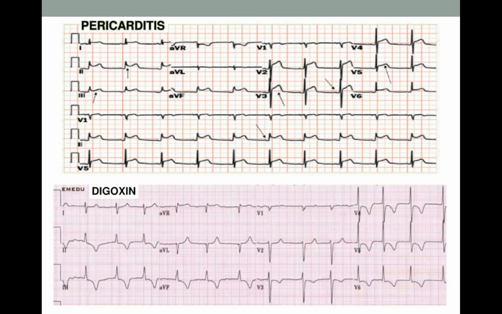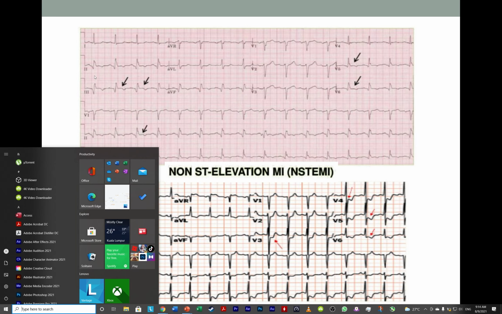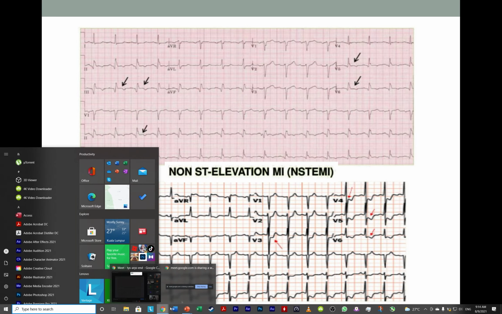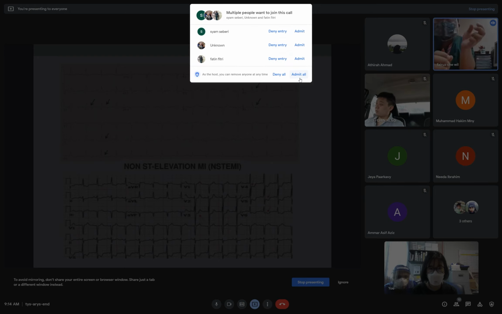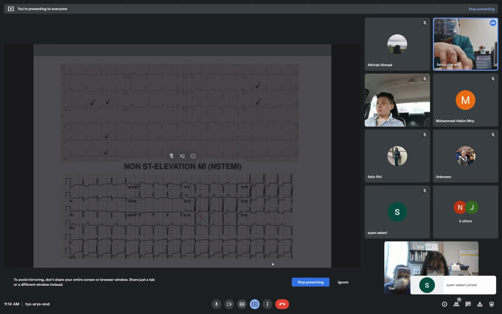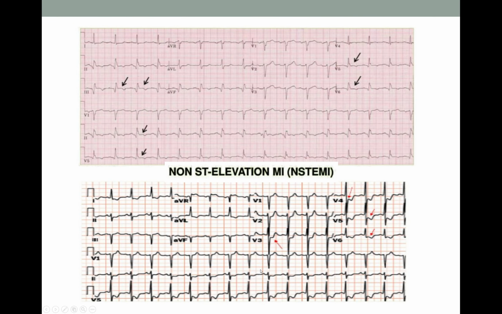With regards to the ECG, it's impossible to go through ST elevation and ST depression ECG in this setting. That's a whole other one-day course. But the point that they should get from the ECG changes is that it's never a single lead. ST elevation or ST depression never occurs in a single lead. It's always in a group of leads: inferior 2, 3, aVF, anterior V2, V3, V4, lateral V4, V5, V6, high lateral 1, aVL.